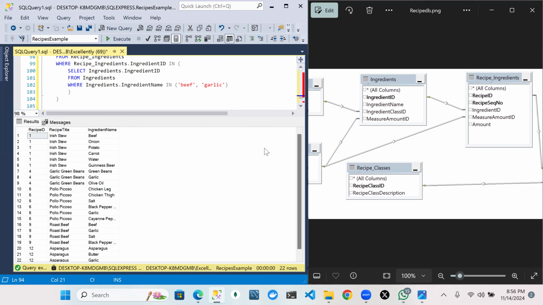You understand? Maybe because of the way the database is designed, this Irish stew has beef, but because of the design of the table, somewhere, somehow, there's a relationship that didn't enforce. That is now making it return, because this Irish stew is telling us that it has beef, it has onion, it has potatoes, it has carrots. So it's now listing all the ingredients that are used here. Yeah, so that's why we have this longer